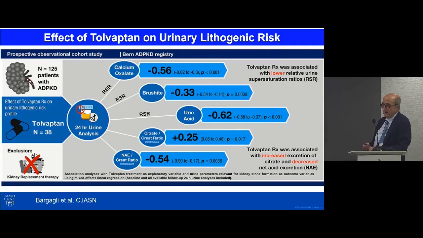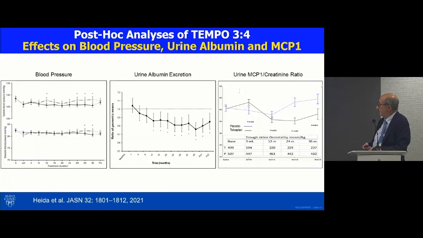Now, in a different study, not related to the TEMPO studies, tolvaptan was shown to reduce the urinary lithogenic risk. And this was shown by a reduction in the supersaturation of urine for calcium oxalate, for calcium phosphate, and for uric acid, an increase in the ratio of citrate to creatinine, and a reduction in the ratio of net acid excretion to creatinine. So it can improve the lithogenic profile, which probably results in less risk for stone